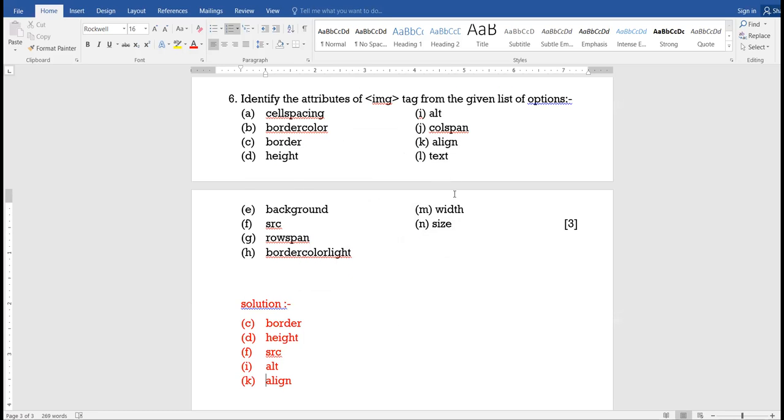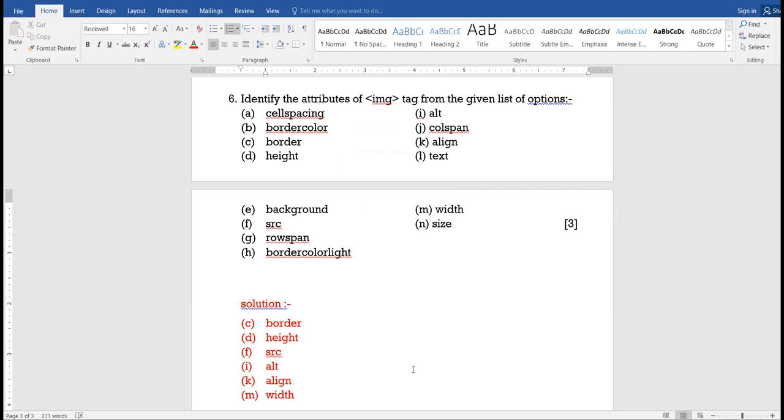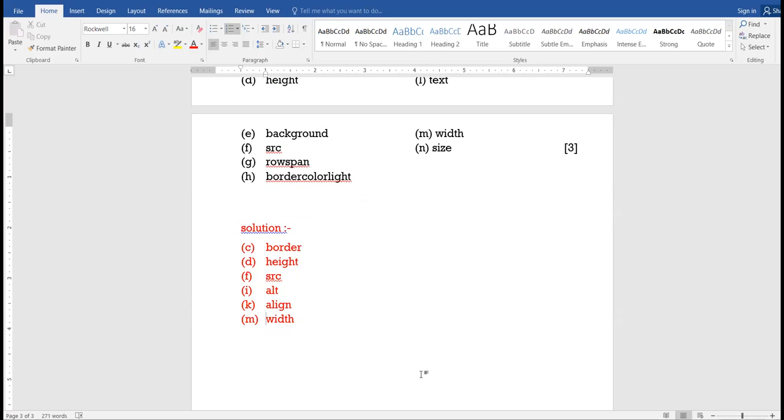Text is not an attribute. Width is an attribute, so write width over here. So these are the 6 attributes of the image tag. Now these 6 are half a mark each.